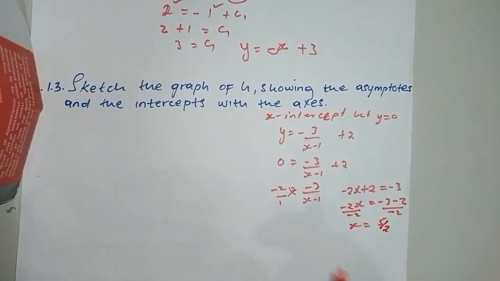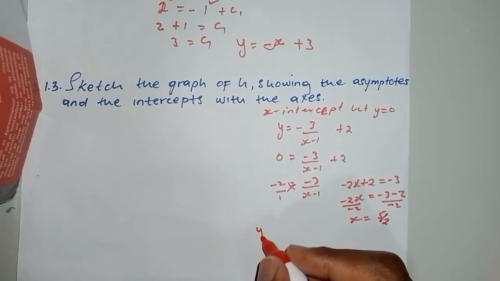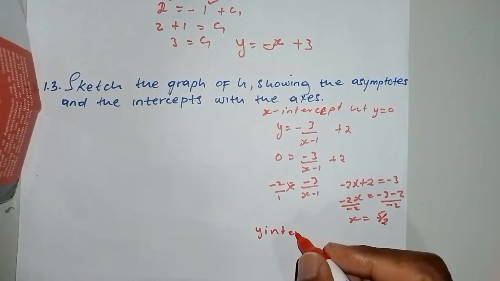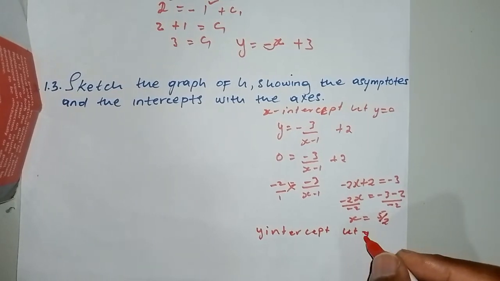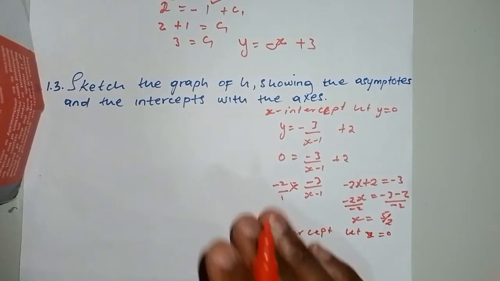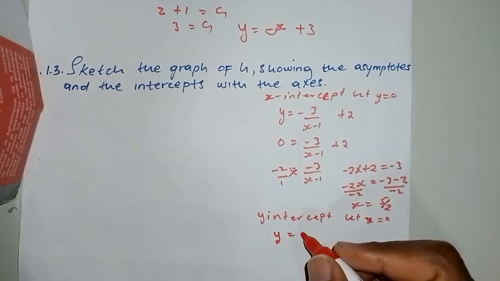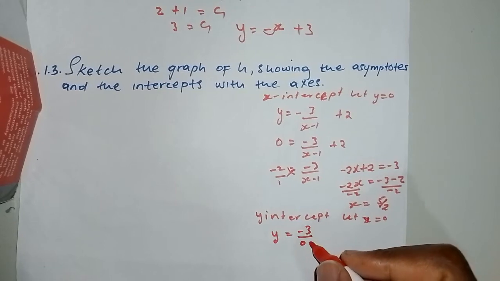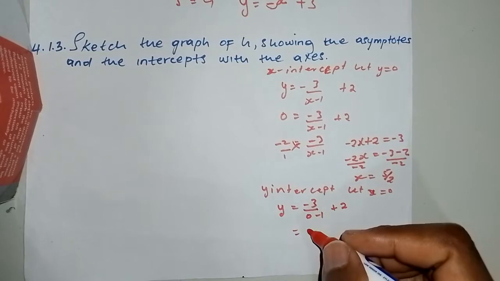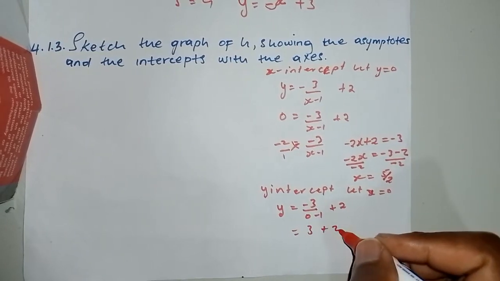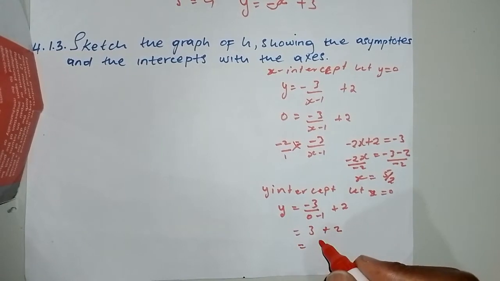There, right? x is equal to 5 over 2. Now, next, y-intercept. Let x equal 0, right? Then I'm going to have y equals negative 3 over 0 minus 1 plus 2, right? Then this will be 3 plus 2, right? Then y I'm going to have 5,